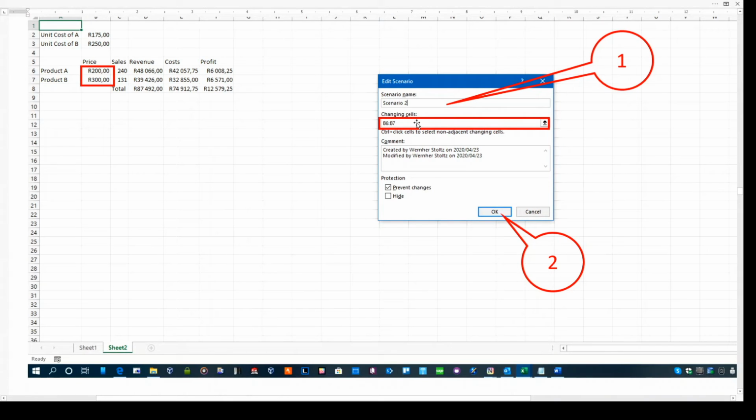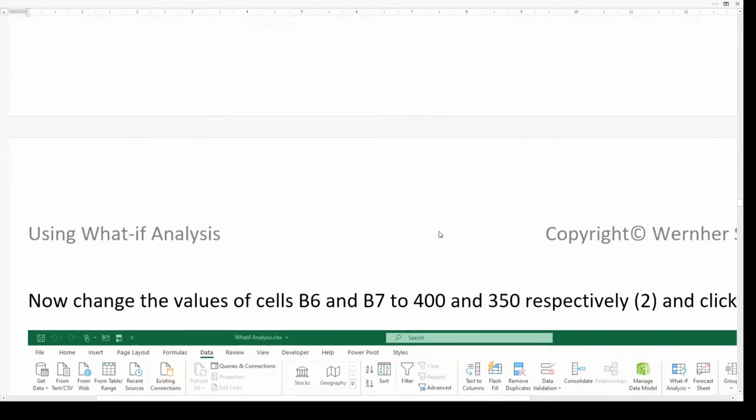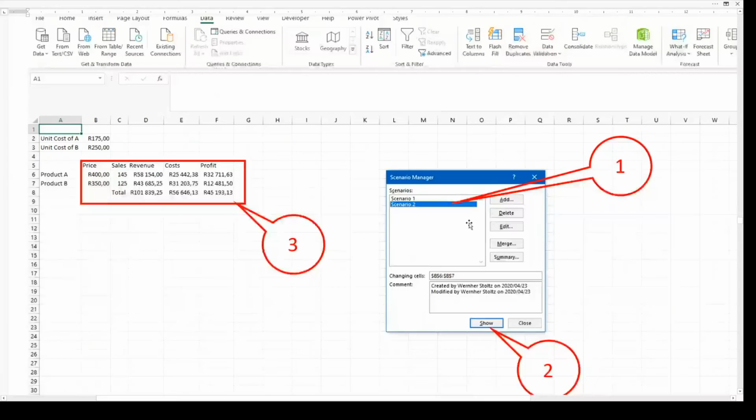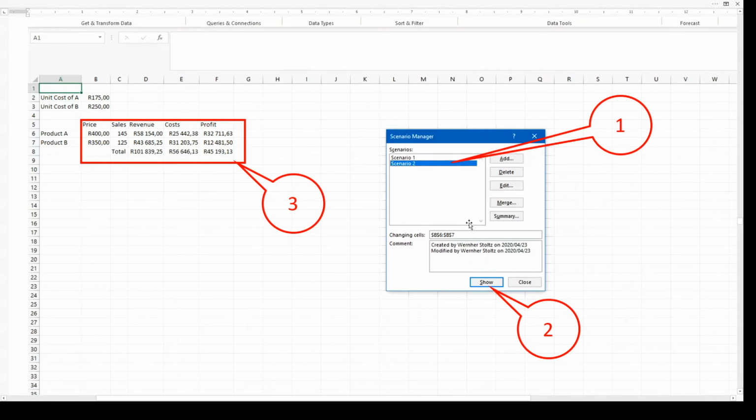You will leave the changing cells as is, because the scenario will apply on the same cells, and you'll click on OK. This time when the two cells appear there, you'll change their values, the 200 to 400 and the second one, the 300 to 350. And this time you can click on OK, and the scenario manager will come back and it will show you